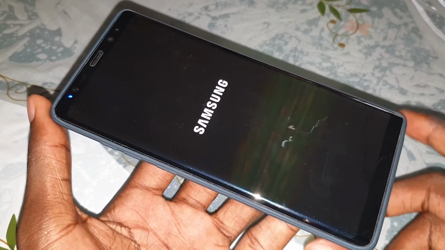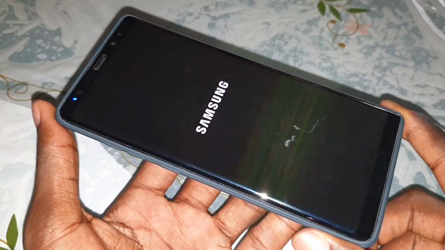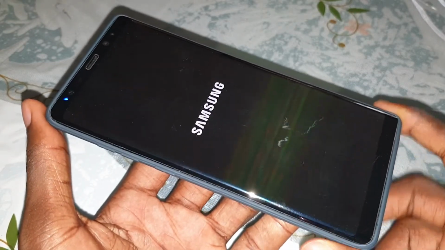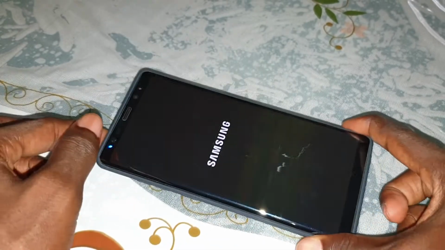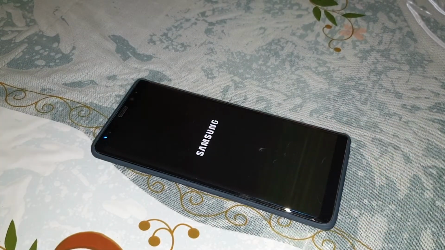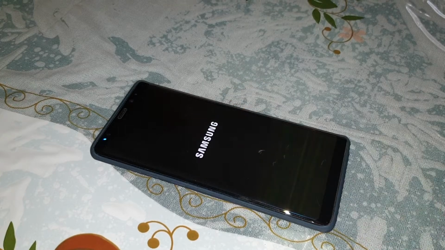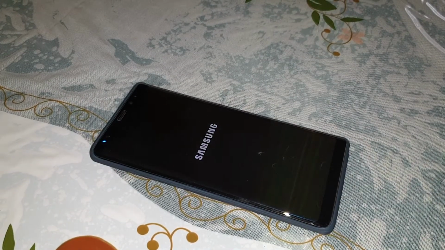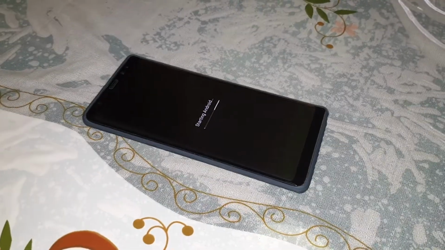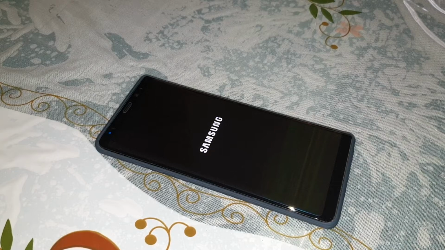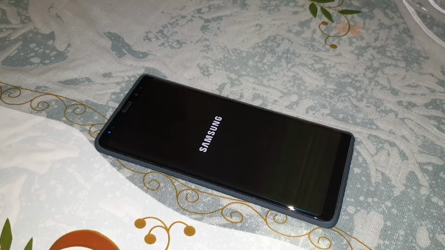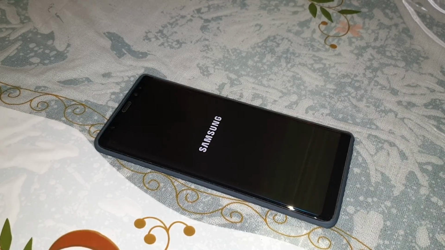And you can see Samsung. Okay, when you see Samsung like that and you see the LED here, it's good. The installation started. Wait a few minutes again for finishing and get ready for the configuration right now. Okay, as you see the LED disappears and your phone reboots again. Why? I don't know, but you can wait to see.